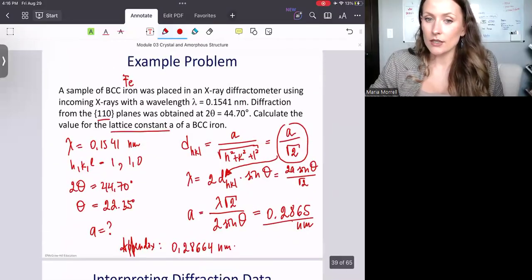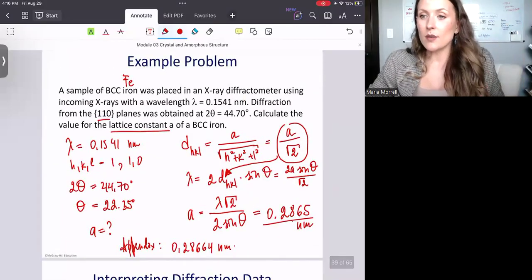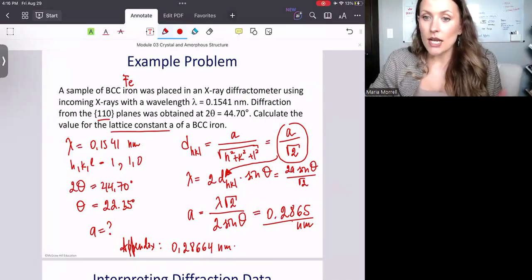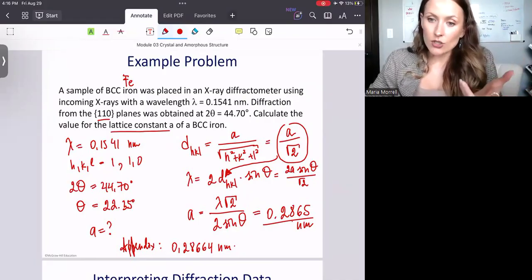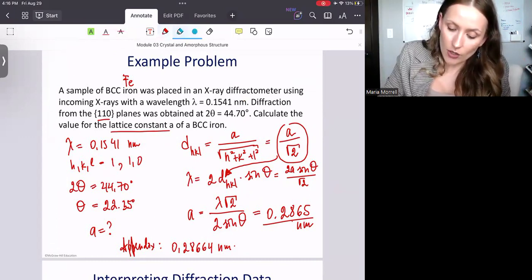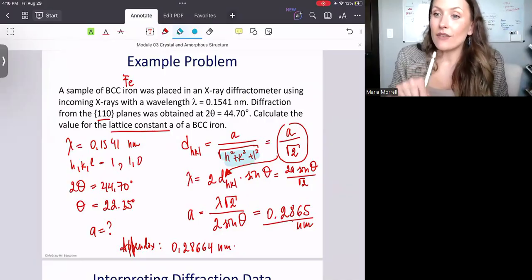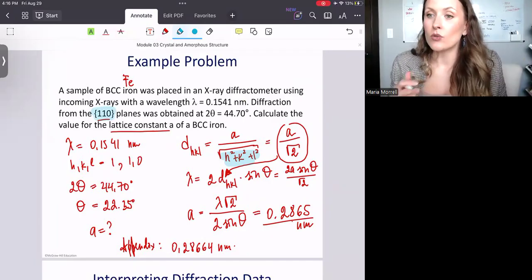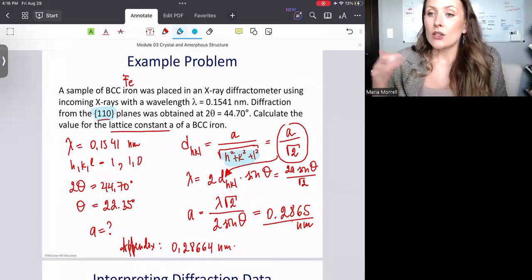Usually the wavelength is something that you know, and the angle is something that you measure. That alone allows you to identify it. The only thing here is that our H, K, and L were given, because they told us you're looking at the diffraction from 110. If you don't know,